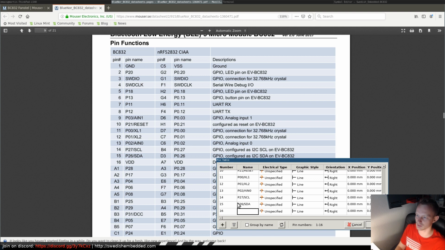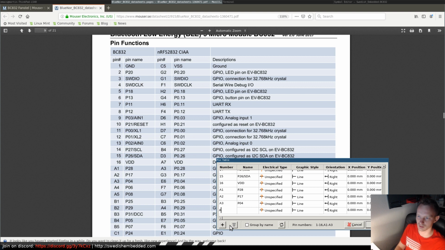16 is VDD, 17 does not exist, it's P28, which is on pad number A1, A2 is P17, A3 is P04, A4 is P06, and A5 is P08, B1, P25,